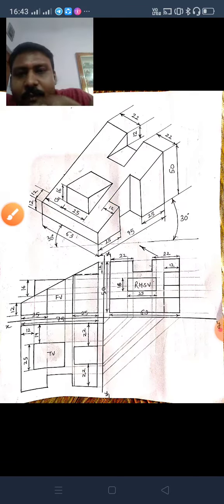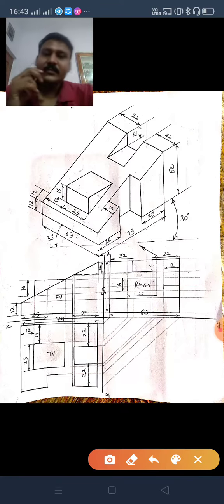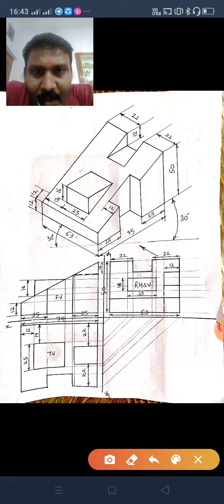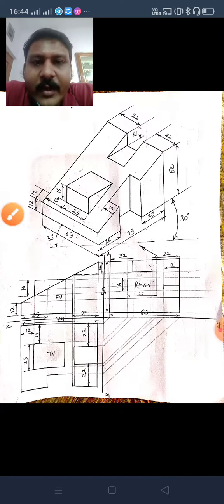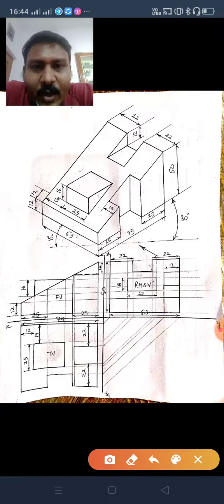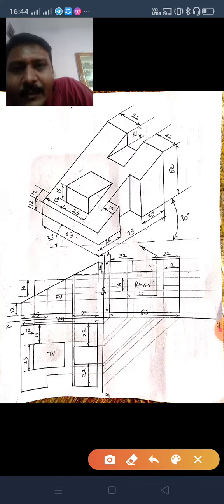Now what you have to do for drawing this top part: take this line as 63 also, this is 63, so this will also be 63. Once you have drawn 63, from this end take 22, from this end take 22, and take a depth of 12 mm vertically. You cannot draw this fully because you do not know this length. This length is not known to you. So how will we draw? Let's see. So this much you can draw, 22, 22 and 12. Once you have drawn this 12, draw a line parallel.